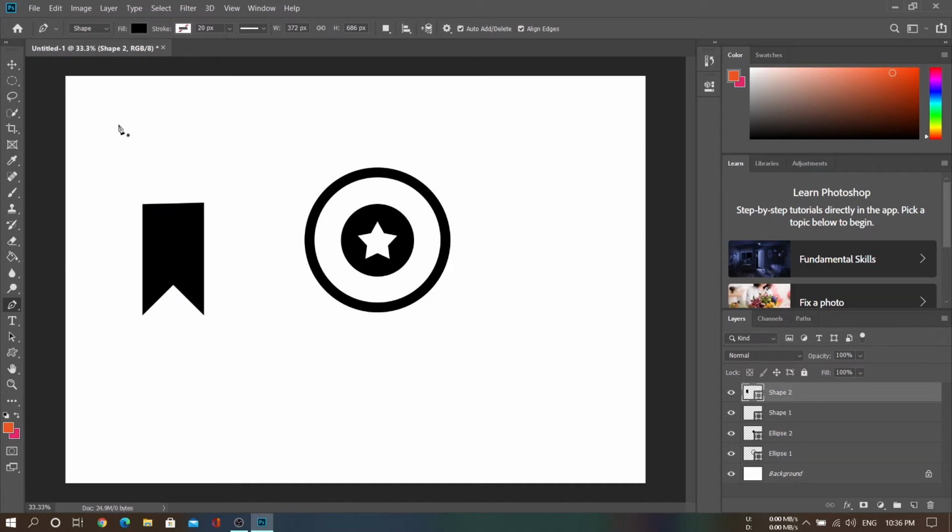For selecting the move tool, we are going to press V. This is the keyboard shortcut for selecting the move tool. Now we are going to transform this by pressing Ctrl plus T, and we are going to make it aligned at 30 degrees.